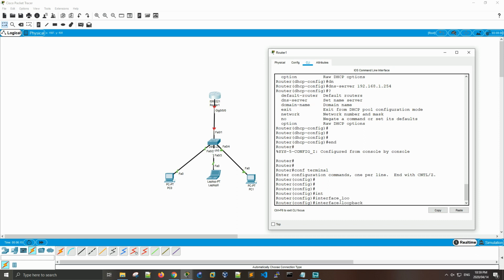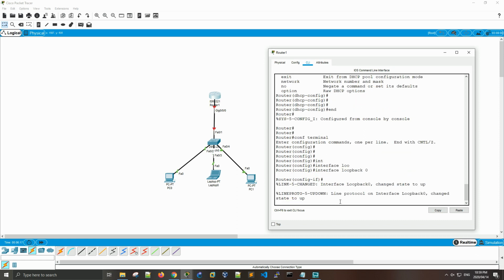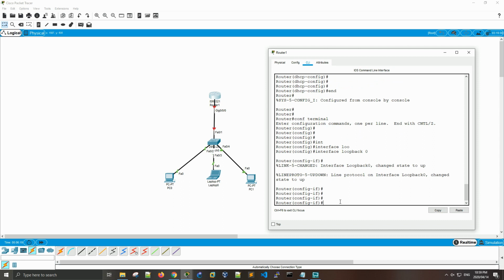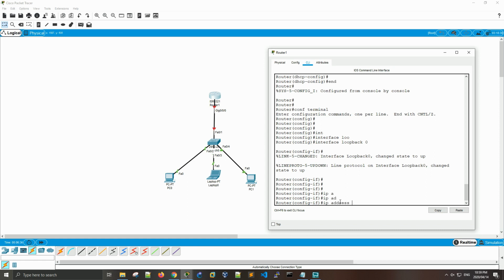Interface loopback 0. It's changed status to up automatically. Loopback interfaces come up automatically. Normal interfaces do not come up automatically, and you have to issue that no shut command so that it actually comes up. So let's go and do ip address, and we'll assign it that,